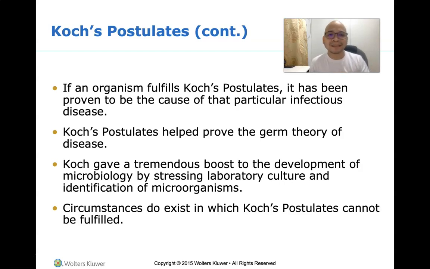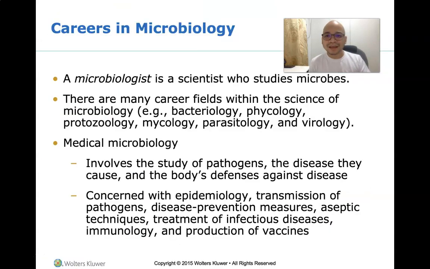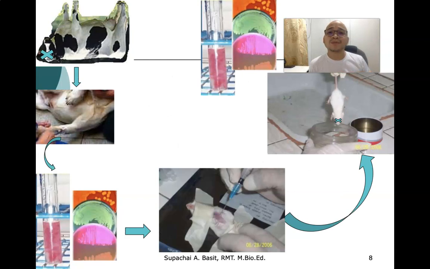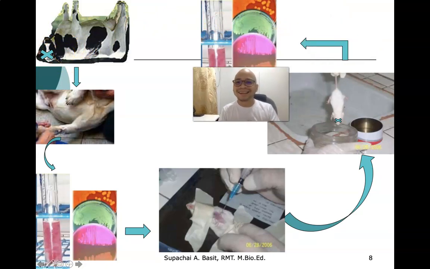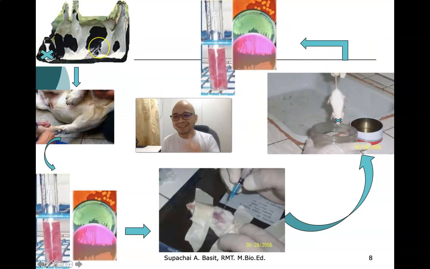Anyway, let me tell you the story how Robert Koch was able to discover his own postulate. So while walking in the field, Robert Koch discovered a dead cattle. It's dead. Why did I say it's dead? Makabaligtad. Wala namang buhay na cattle na ganyan, di ba? Tsaka may X. Okay? So what Robert Koch did, he extracted the blood of a dead cattle,